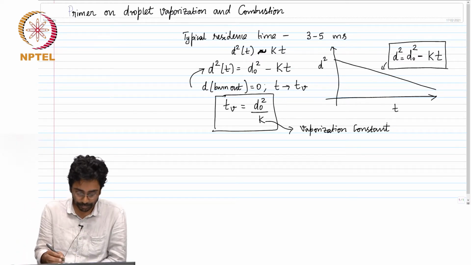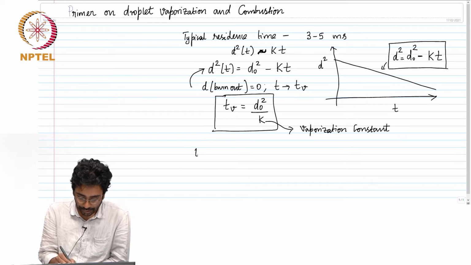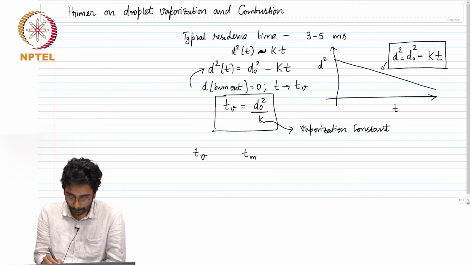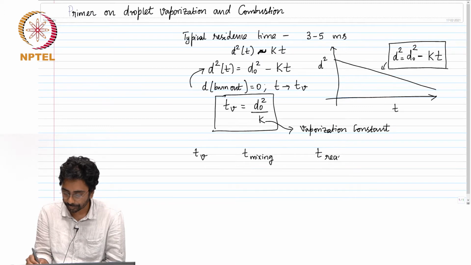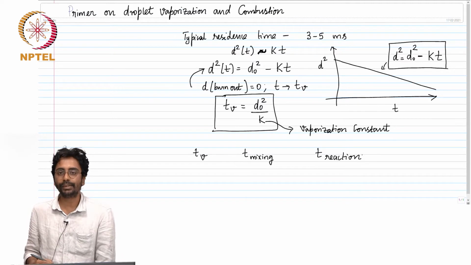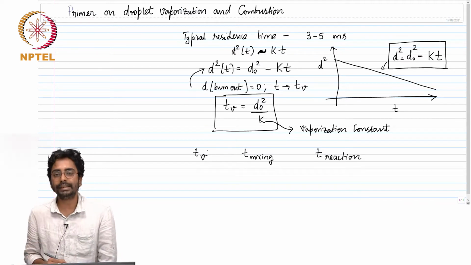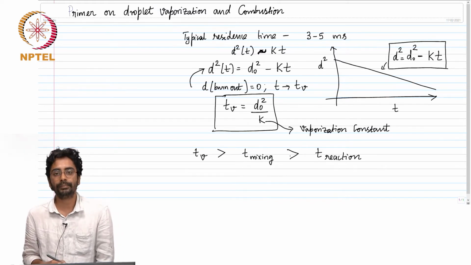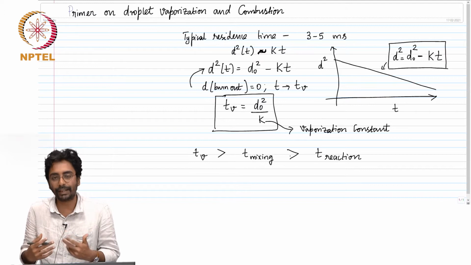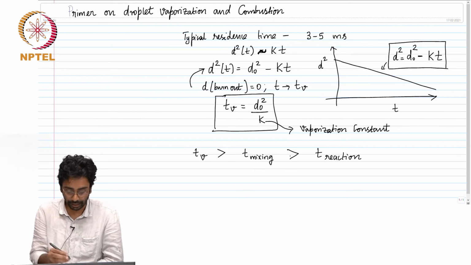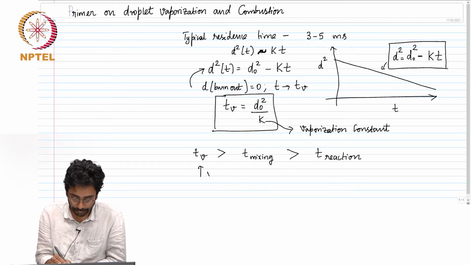The reason is very simple. We have three time scales: the time for vaporization, the time for mixing, and the time for chemical reaction. Without going into too much detail, I just want to tell you that amongst these three processes, the time for vaporization is the largest. It is the slowest process, and therefore it takes the longest time, and therefore is rate limiting. So, it is the vaporization time